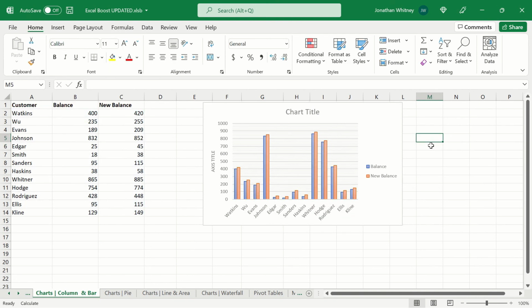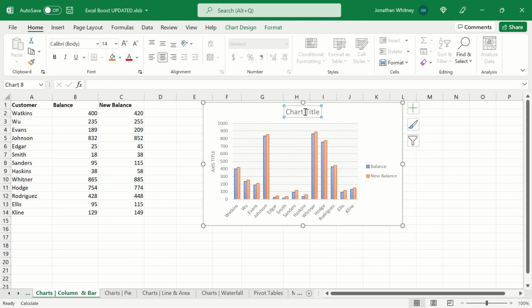And this chart is looking really nice, but we definitely need to button it up. The chart title is not displaying anything useful, so we can just click in here and delete that label, change it over to customer balance. And we also want to change this axis title so that it's a little bit more useful. This axis is currently displaying the customer balances. So let's label this balance and then use a dollar mark so that we're aware that this balance is in